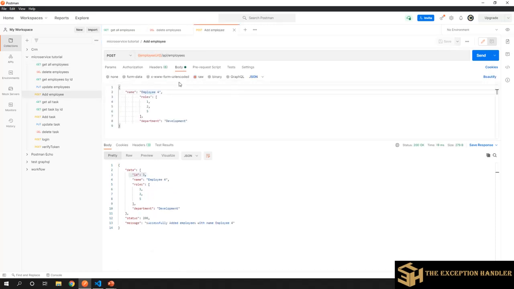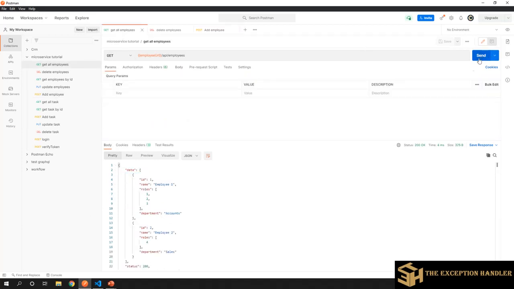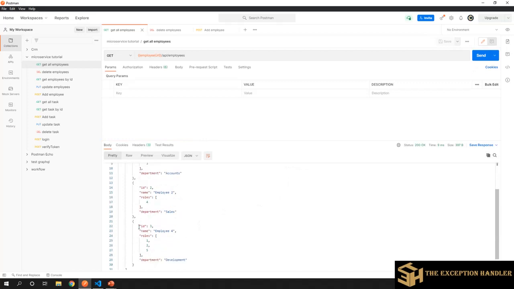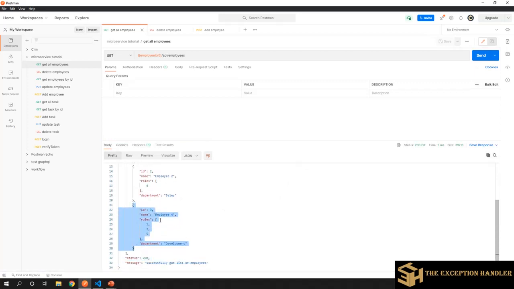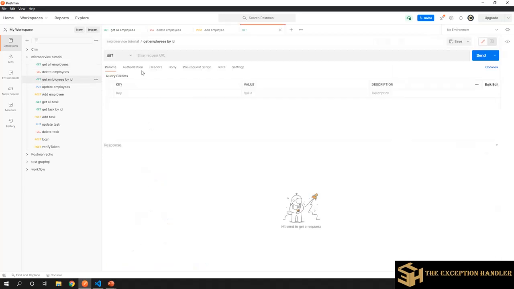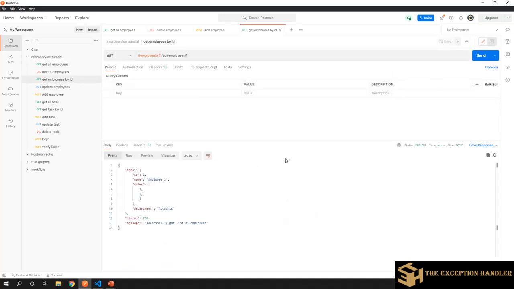If I get employees again, I don't get employee ID 3, and all the APIs inside employees are working similarly. If I try to add an employee 4 with name employee 4, it would generate an ID automatically as 3, because 3 is now eliminated, so it's reusing the IDs for us. But that's your logic. You can plan to not reuse those IDs. And it has added. Now if I try to get all, it is pulling up the fourth employee that we just added, employee 4. And let's see employee by ID 1, so it's getting me employee by ID 1, and so on. So this is how my employee service is working.